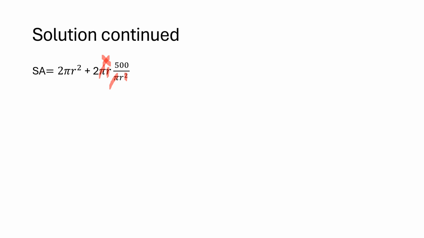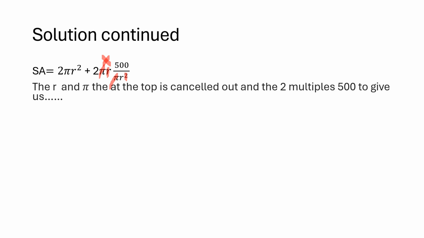So what we get after carrying out these operations is, like I just said, the r and pi at the top cancel out, and then we multiply the 2 by the 500 to give us: surface area is now equal to 2 pi r multiplied by 1000 over r. Very simple, not complicated at all. So that is what we do. And now that we have this expression,